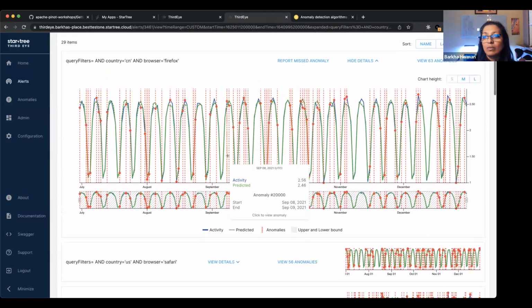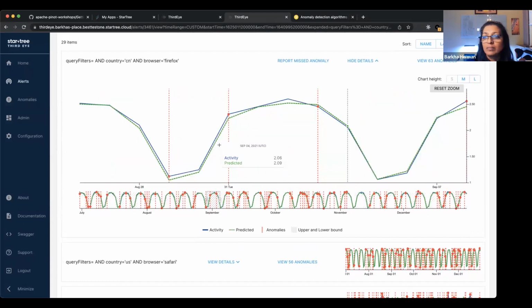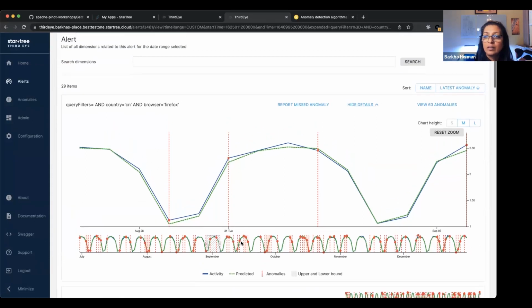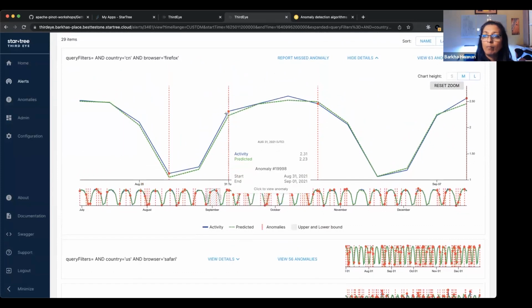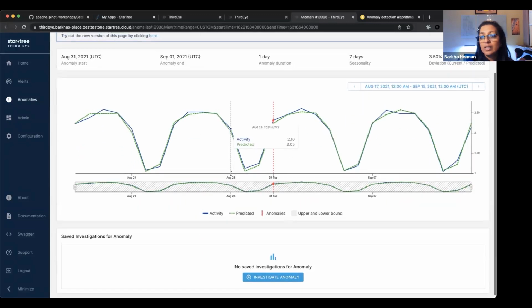You can see how it's very sensitive, so there are way too many anomalies. You can click on any one of those dots, and if you hit investigate,